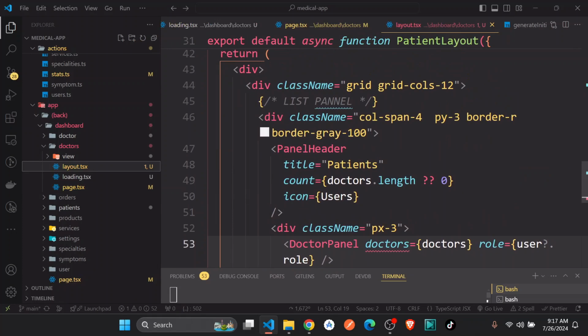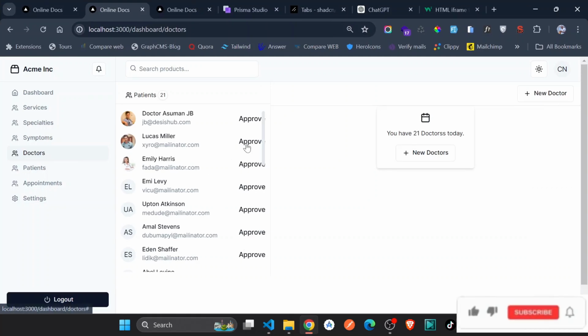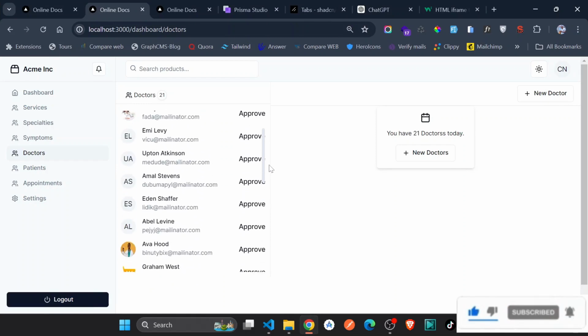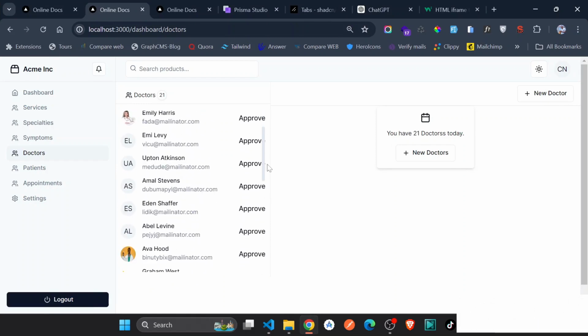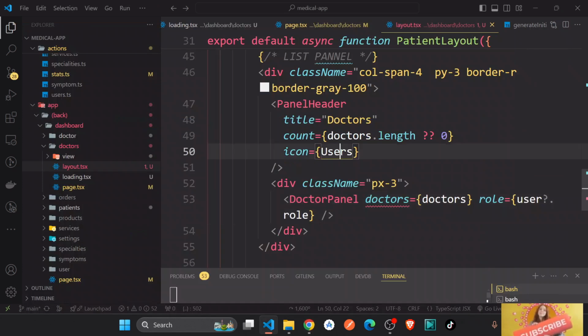Layout. Okay, doctors. Okay, so far so good. We have all these doctors. You can scroll, and so what we need now is to click on one doctor, and then